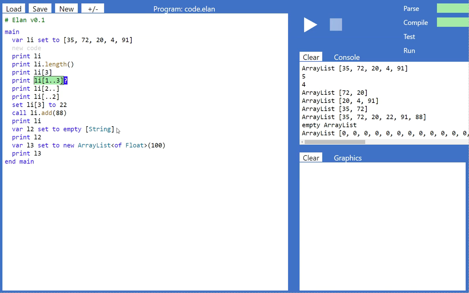And if we want to set up a new empty list, array list, which we can add things to, we can't just create open, close square brackets. That doesn't parse. There must be values in the literal definition. So if we want to create an empty one, we need to say empty, then the square braces, and then the type that we want the list to be. Otherwise, the reason you can't just have open, close square brackets is that it doesn't know what type to create